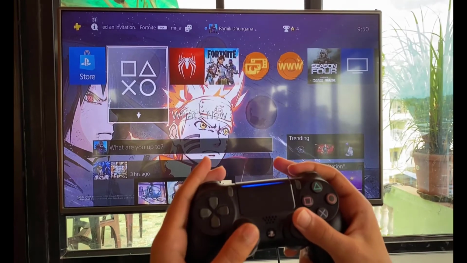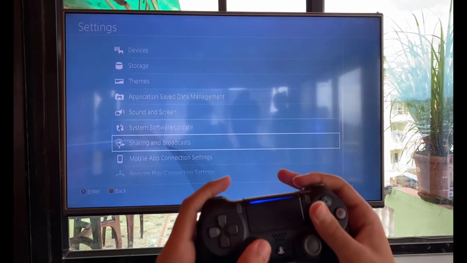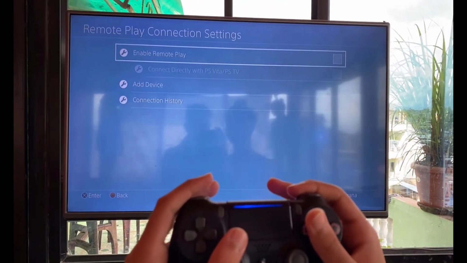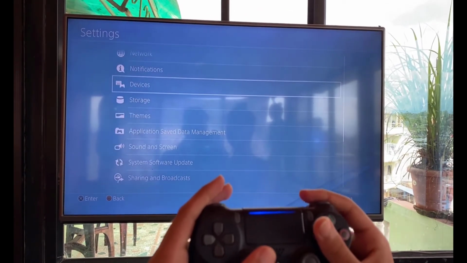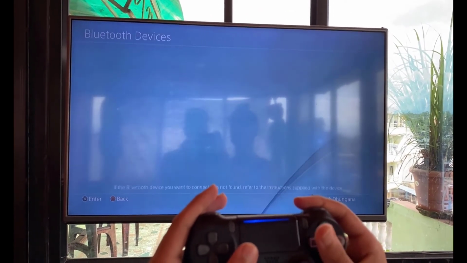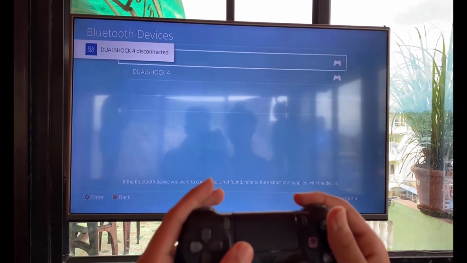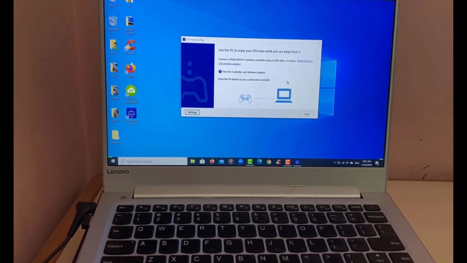Now go to your PS4 and go to Settings. Go down and choose Remote Play Connection Settings. And make sure that Remote Play is enabled. And now go to Devices and disconnect your DualShock 4. And now once you have disconnected your PS4 controller, aka DualShock 4, and also enabled Remote Play on your PlayStation,